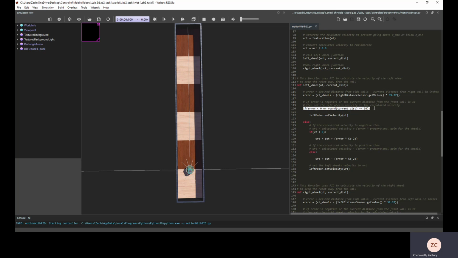Here we have, if our error is negative, meaning the value of the distance sensor that we're reading is larger, meaning that it's closer to the left wall, then we want to keep the calculated velocity. So we want the left wheel to be going as fast as possible in order to drive away from this wall. Or if we get close to our goal, which was the 10 inches per second, then we want to